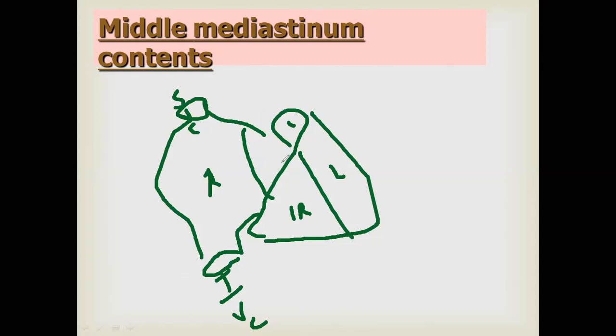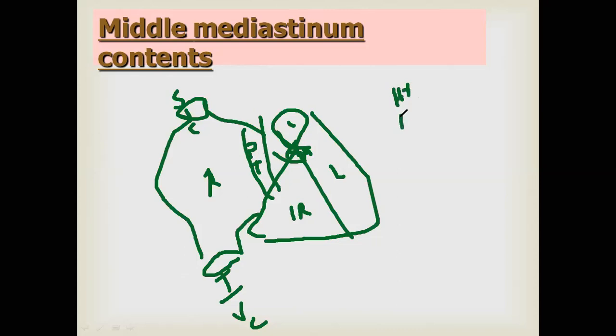Again, the right ventricle will give you the pulmonary trunk, or pulmonary artery, which goes to the lung to oxygenate the blood. And the left ventricle will give you the ascending aorta. So here, the content of the middle mediastinum is very easy, containing the heart, and the heart is covered